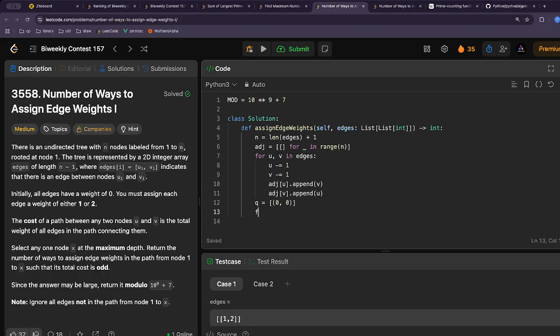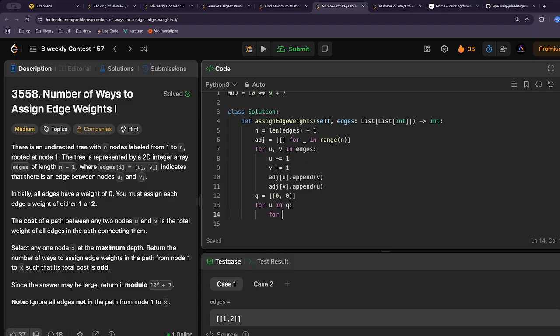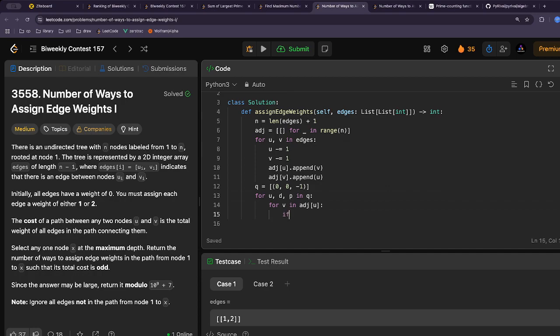And so we go over the queue and we go over the adjacent nodes. Yeah, and we also want to know the parent, right? So this is U, and this is the depth, and this is the parent of U. And so if B is not the parent, right? If we don't want to go back,